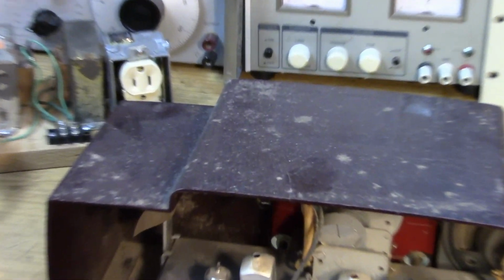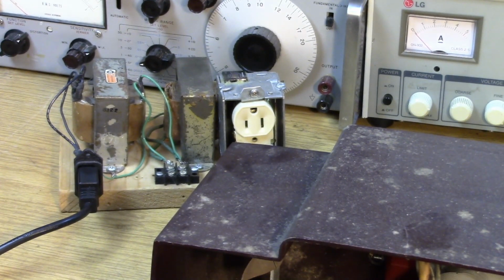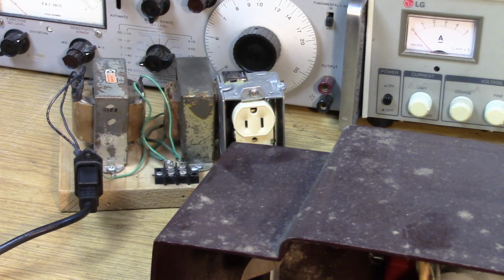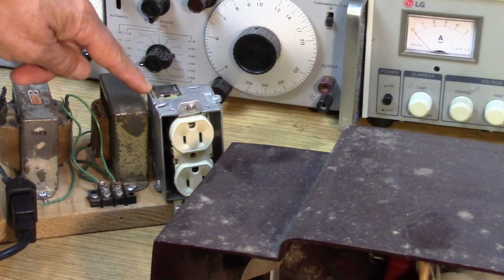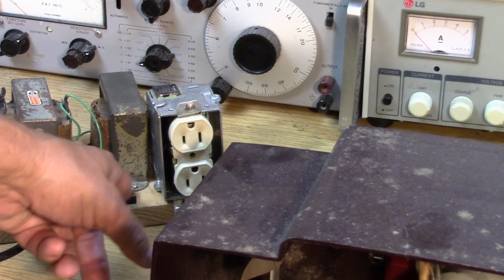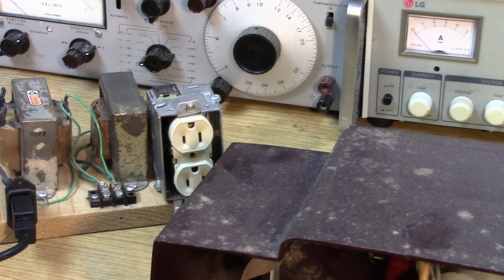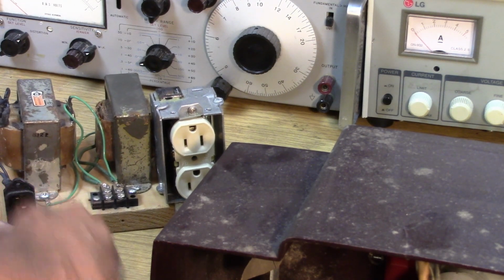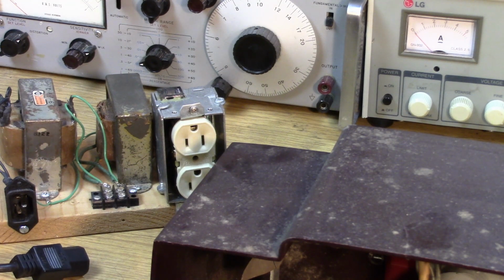isolation transformer. You'll find that when you do this, it works. It does give you an isolated circuit, but there will be some heating in the transformers. There's some wasted energy. Obviously, you're stepping it down, stepping it back up again. This thing I put together, it's got an outlet, it's got a circuit breaker built in, and it's got a tap for the middle. I think that's 24 volts or something, or 12 volts. So I can take that off there. And I've got it rigged up so it takes a standard computer IEC type cord to power it. So that's my isolation transformer, the poor man's version of an isolation transformer that I will use